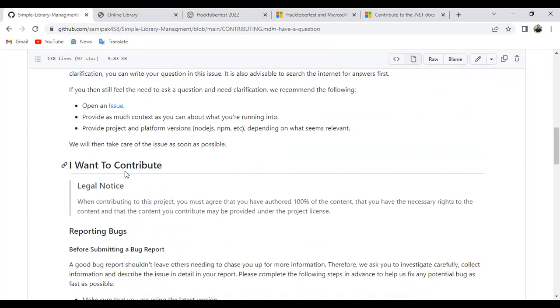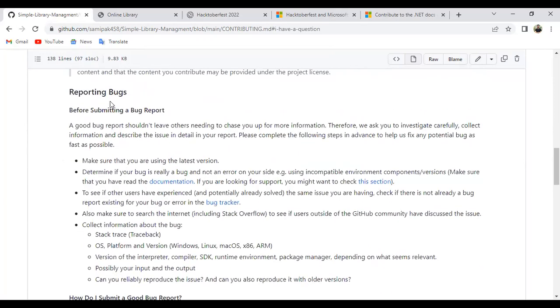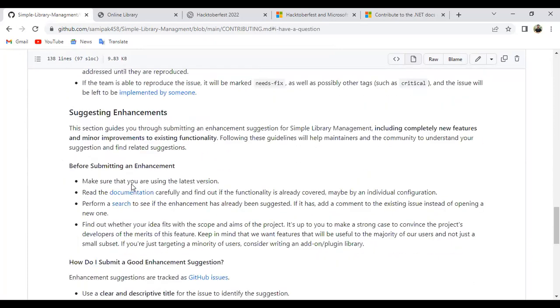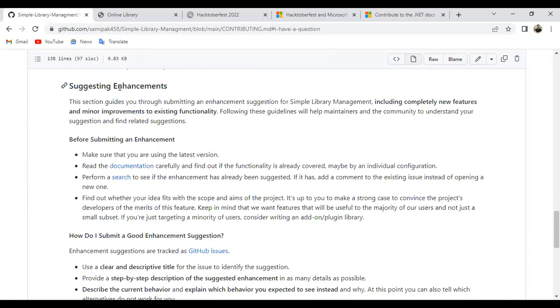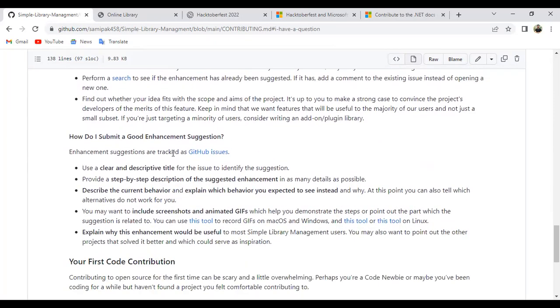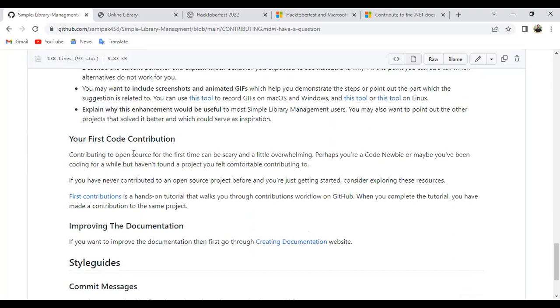If you want to contribute, if you want to report a bug or want to add something, each and everything is written. And even if you want to enhance something or add a feature, everything is mentioned clearly and you can go through it and find it. I also add something interesting for beginners. If it is your first code contribution, don't worry, I also add some resources, and everything is here which will help you